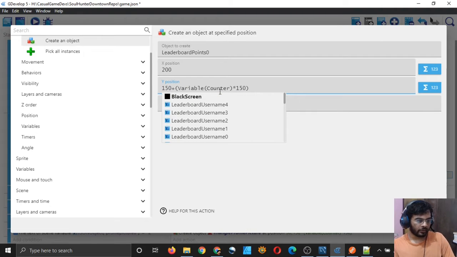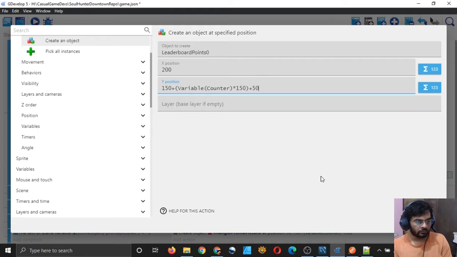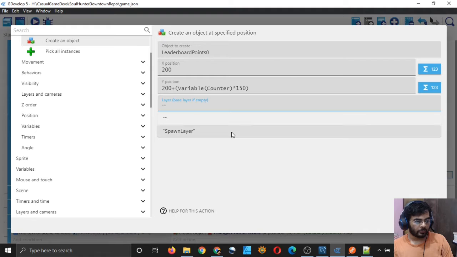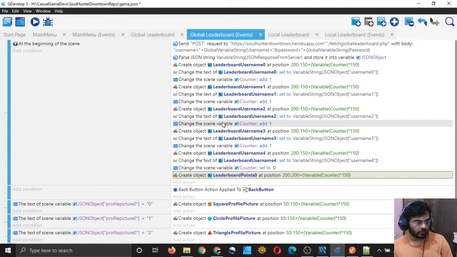It should be a little bit downwards, like 50 points down every time. So the Y position is 200 plus something every time. And the layer is spawn layer.